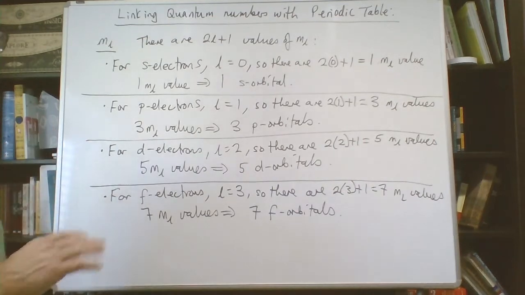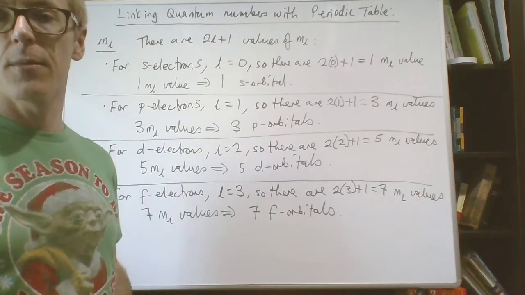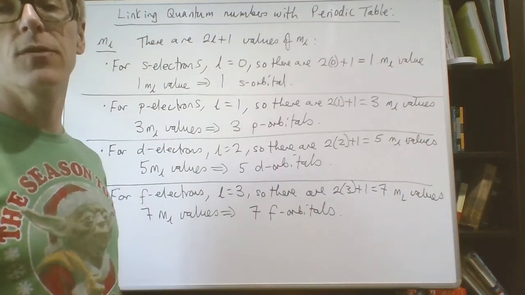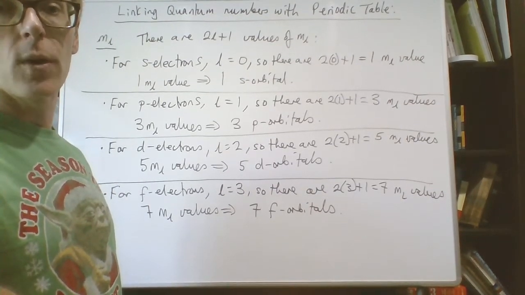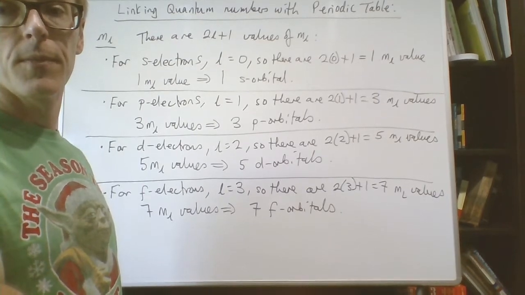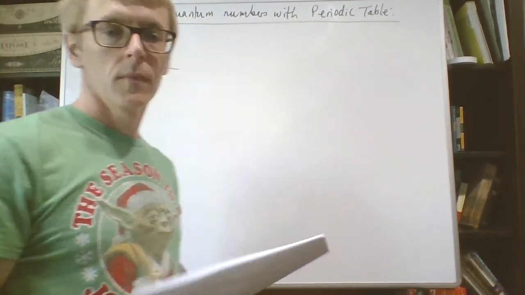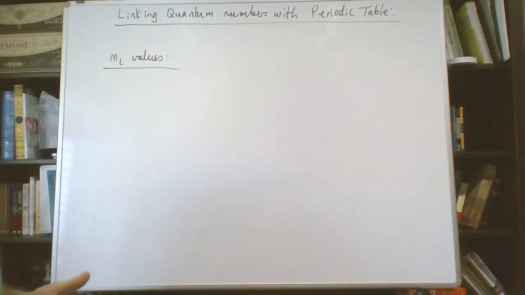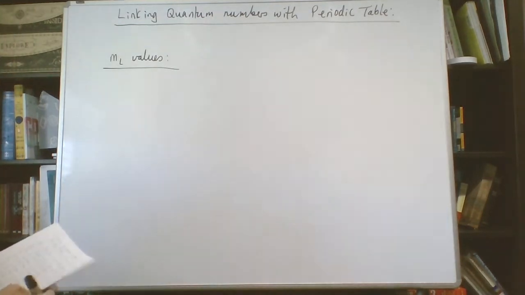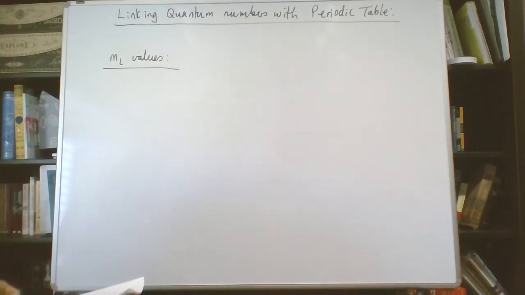So I'll erase this. I'll construct a diagram that's going to be useful to you, and I'd encourage you to construct this diagram in any assessment that you do looking at quantum numbers. So we've just seen, or started to see, a connection between the quantum numbers and the periodic table, which is what we need to get to in general chemistry at least. The following diagram is pretty useful, and it's a good visual when you're trying to solve some quantum number questions